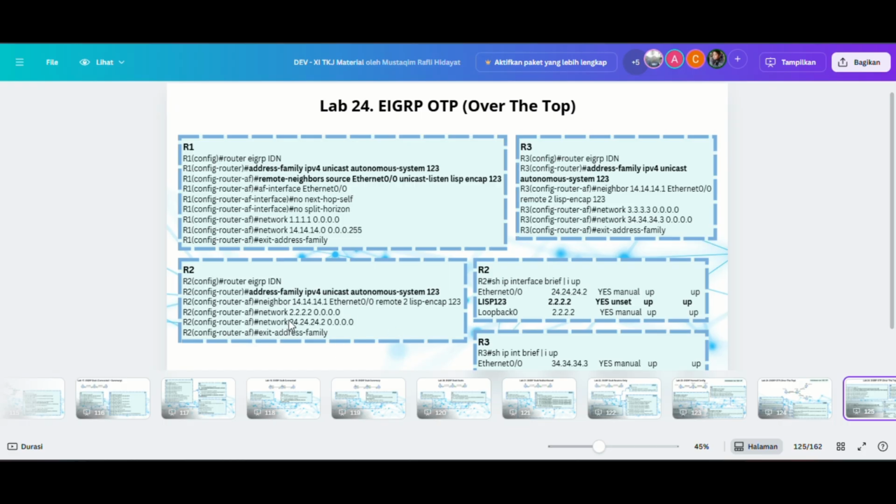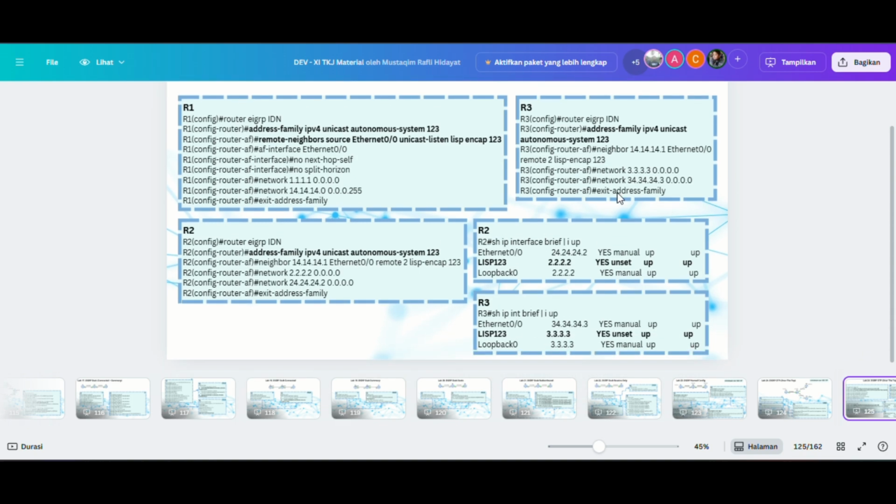You can add the network, and then the router 4 is just like for the forwarding internet. And then for the router 3, we make the same as the router 2, and then go to the neighbor, router 1 IP, and then enter the network that router 3 has and exit address family.